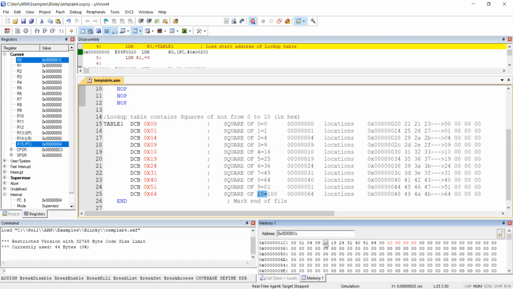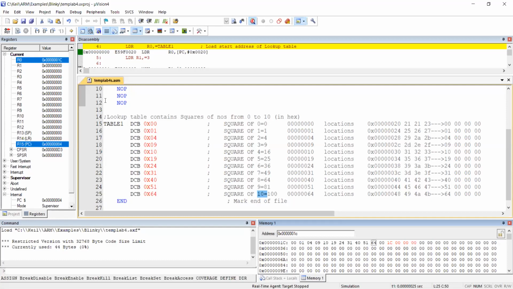After 1F we have 20. 20 consists of I think 4 square. Okay, 21 5 square, 22 6 square, 23 is 7 square, 24 8 square, 25 9 square, then 26 finally 10 square. So this is the data.